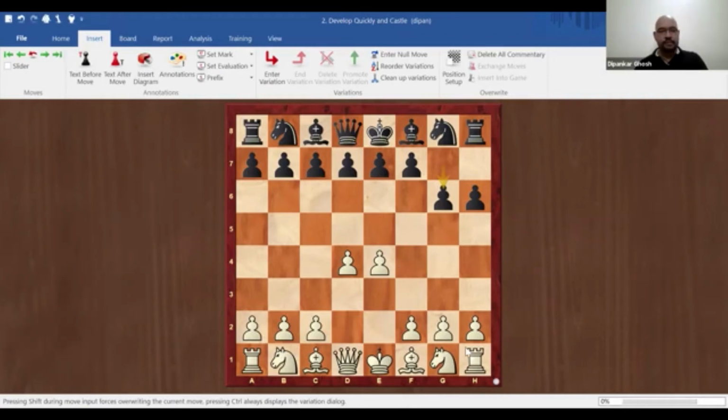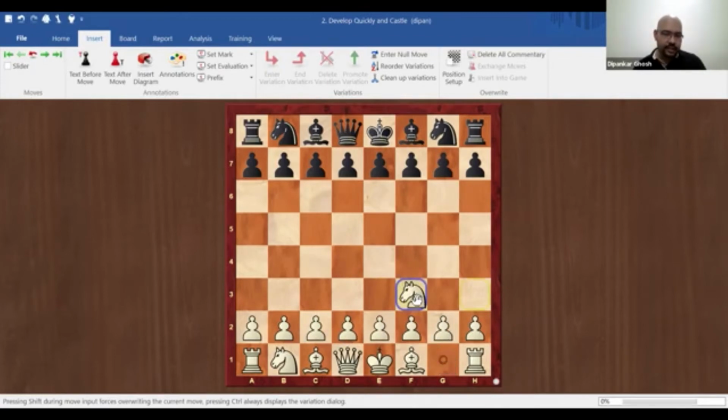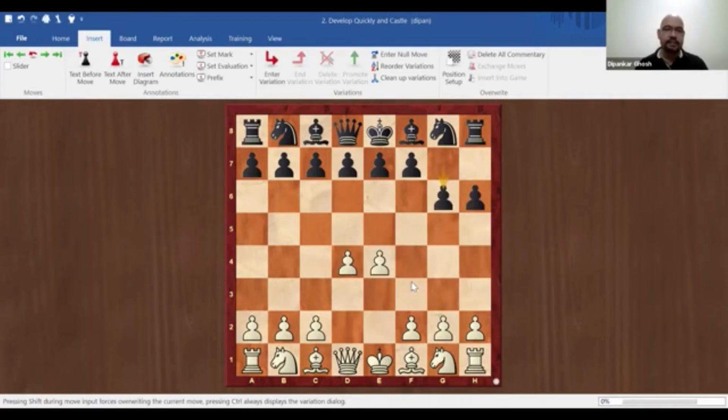So we know the principle of bringing our pieces out. Now, when I say pieces, I do not mean the pawns. In the very beginning, we pushed the pawns because we needed to push the pawns to bring our pieces out. As I mentioned before, if I do not move any pawns, the only pieces that can ever move are the knights. The other pieces cannot come out. So to facilitate my pieces to come out, I need to move pawns. So I did that, and I control the center. But now it's time to bring the pieces out.